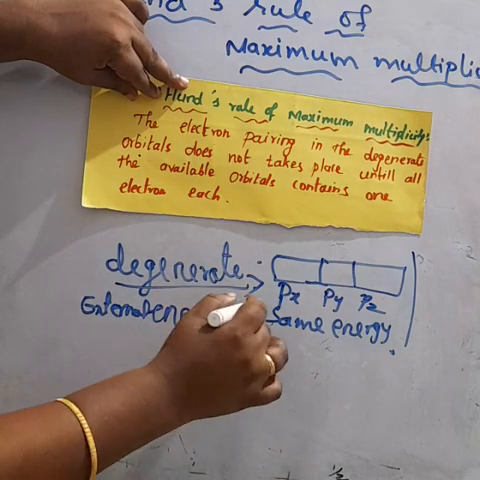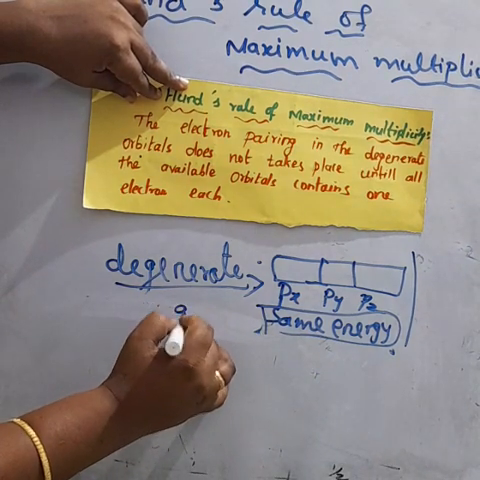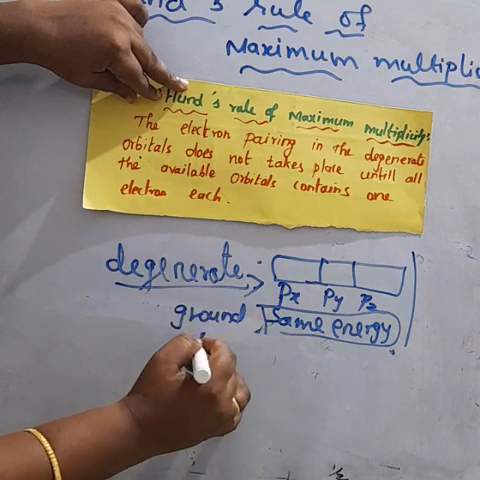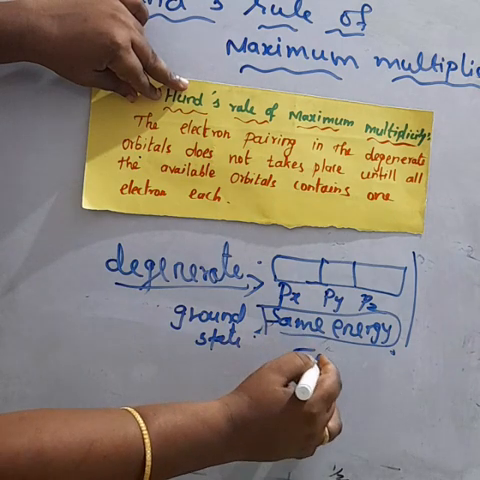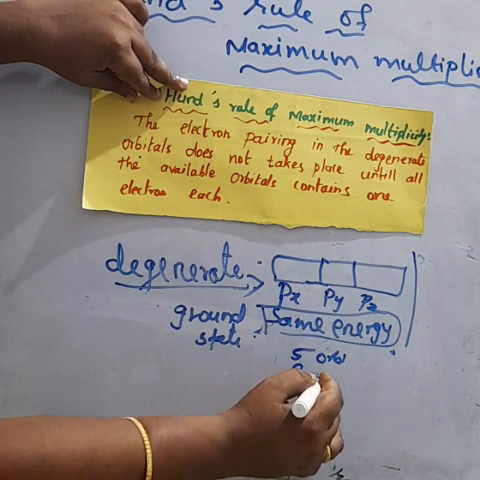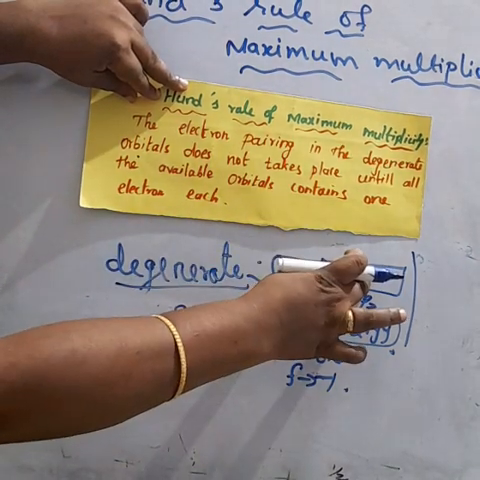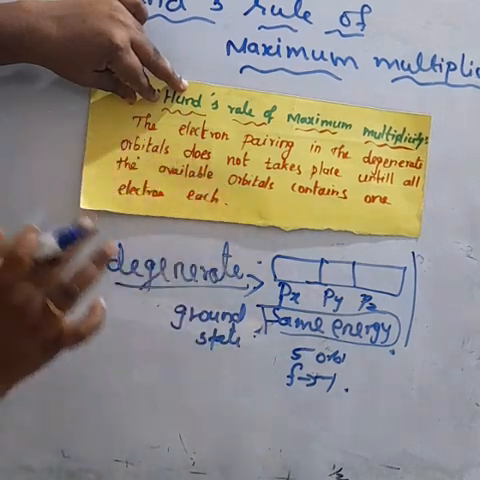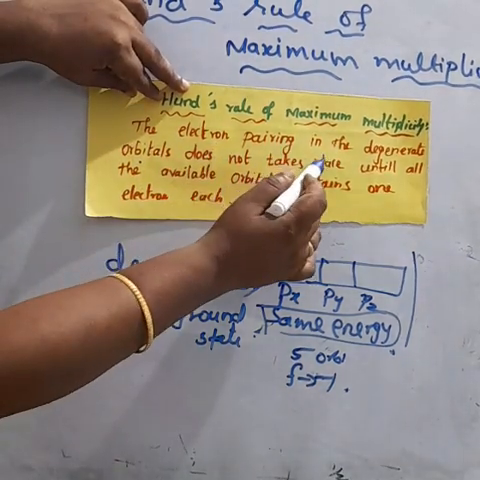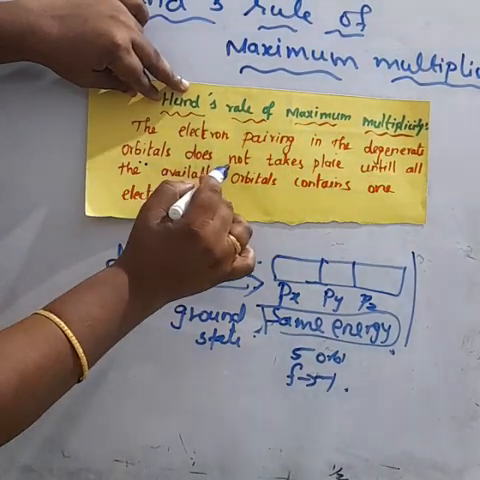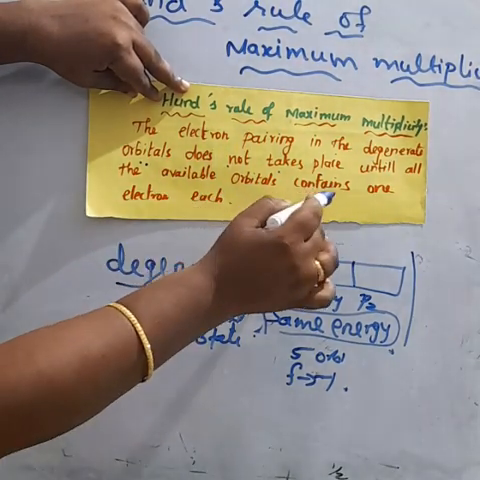In the ground state, there are maximum three p orbitals, five d orbitals, and seven f orbitals. All the orbitals of the same subshell have the same energy, which is called degenerate orbitals. Electron pairing in the degenerate orbitals does not take place until all the available orbitals